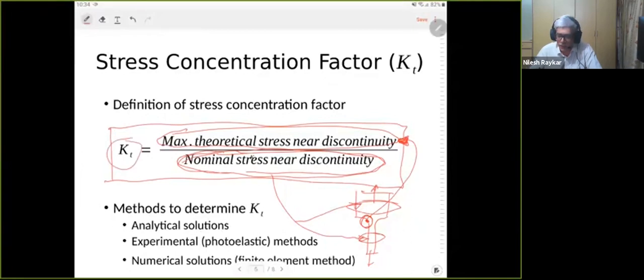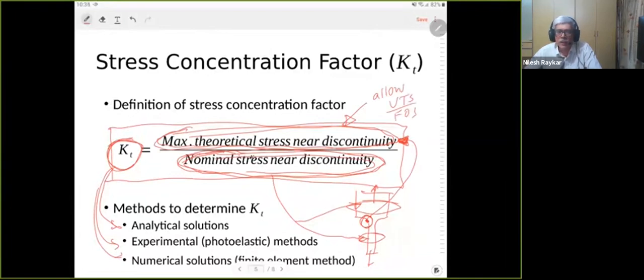The stress concentration factors are obtained through different means, and they are available to you in the form of either design charts or formulae. So the left hand side you can get from a design book. The denominator you will know by your classical strength of materials approach, and you will know how much is the highest stress if that is what you want to calculate. In case you want to design a component, you know how much higher stress you want to limit it to. So this will then be the allowable stress. It can be either UTS by factor of safety.